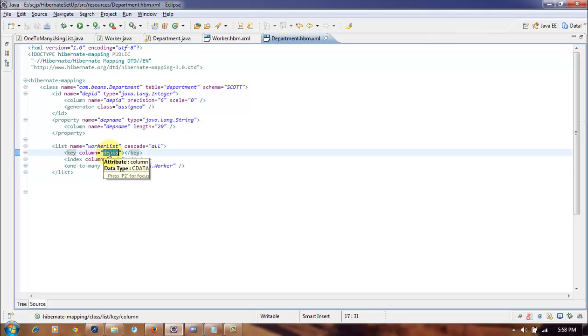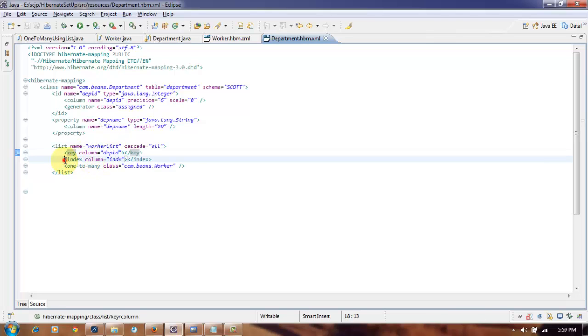Key column means these two tables, department and worker, will have this dep ID key column. Forget about this, let's discuss it later. If you see cascade all, it means it will take care of persisting child objects in the database. Child objects means,